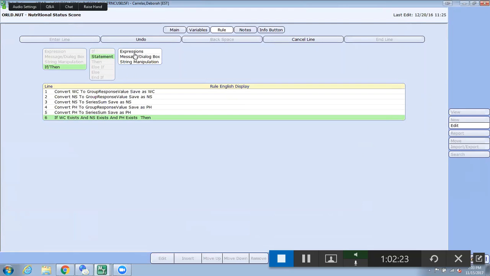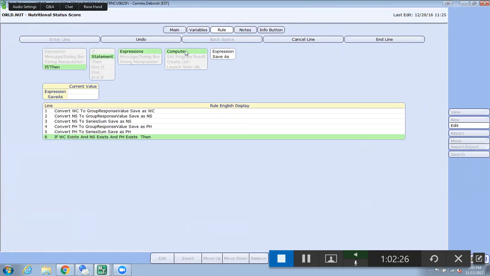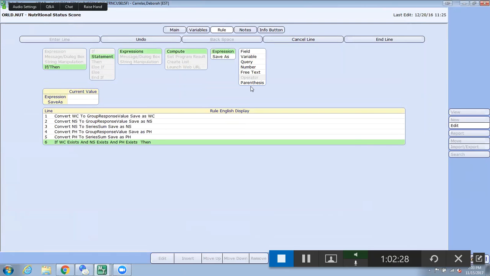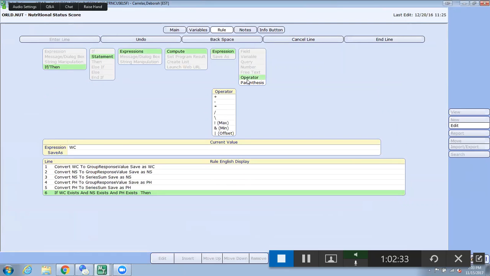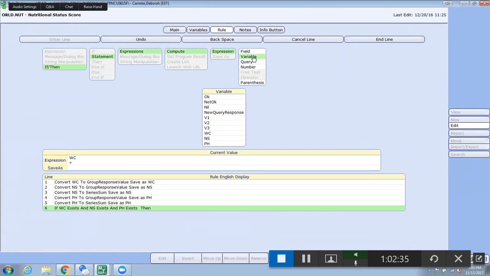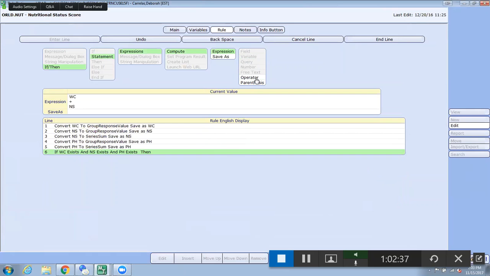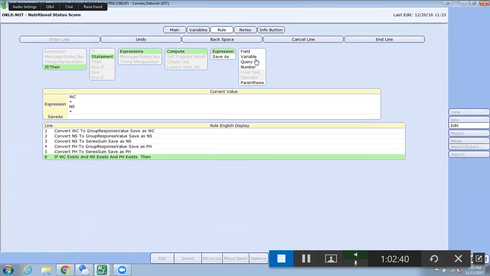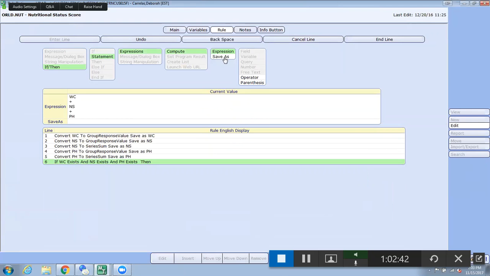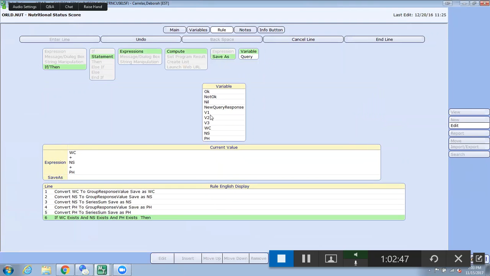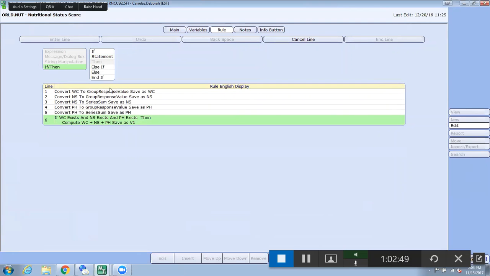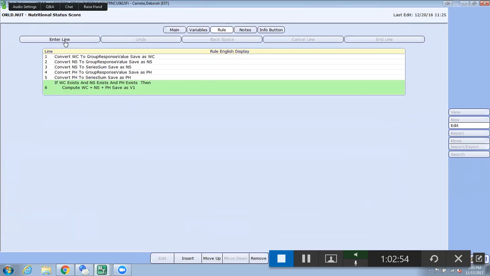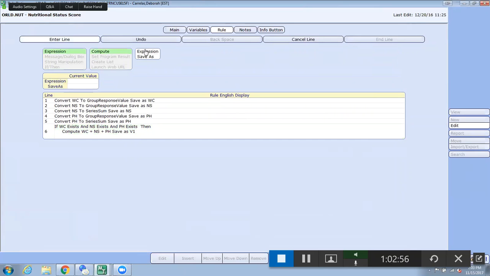Then I'm going to do a statement of expressions, compute expression, and here I'm going to do my variable of weight change operator plus variable nutritional status plus past history, and then I want to save that as V1. And then I can end line here, and then I can end if or I can do statement. I'm going to do end if and then